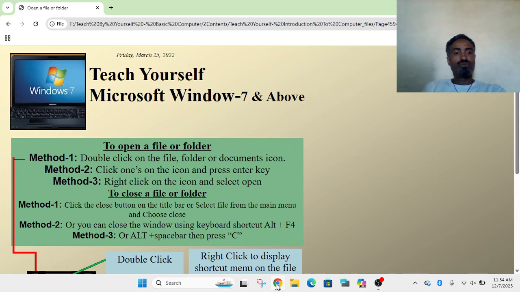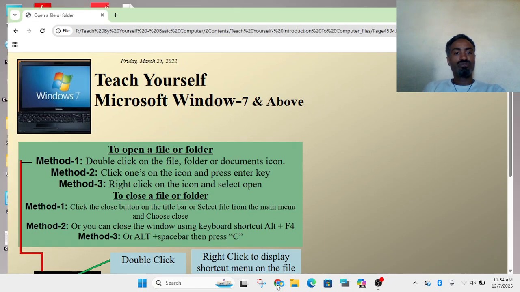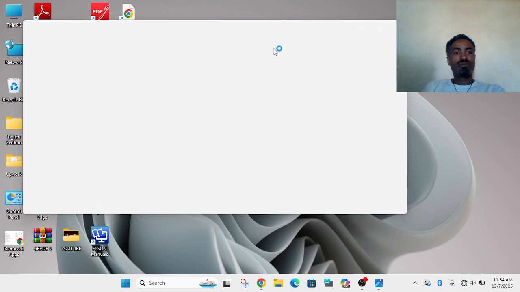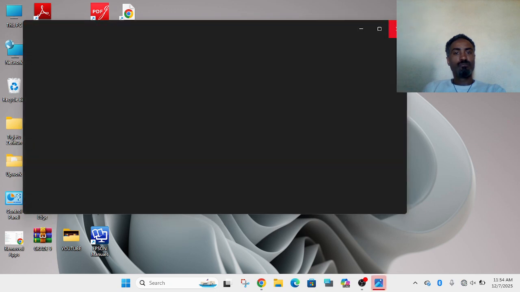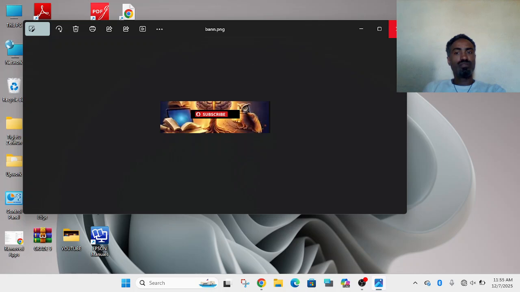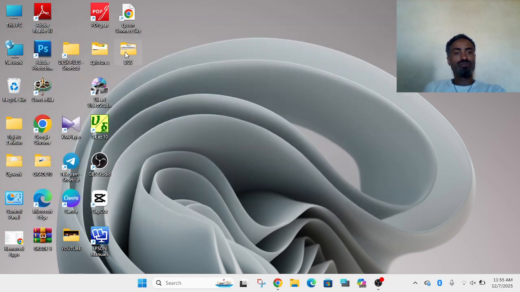Method 2: click once on the icon and press the enter key. Selecting: click once here. It helps you to highlight. One click, you will not say a click, it's just simple selecting.